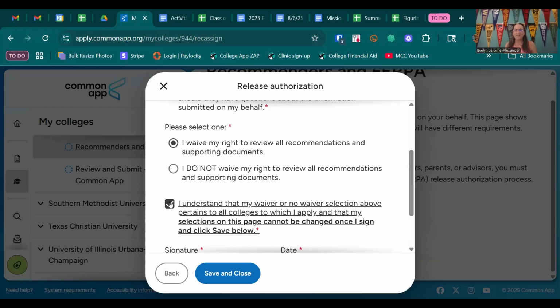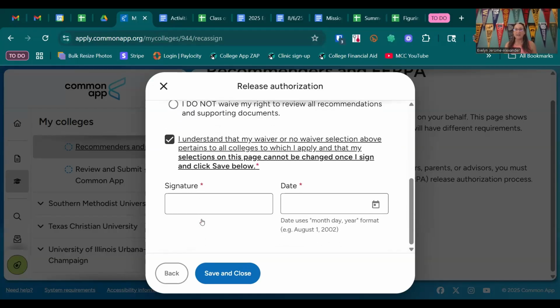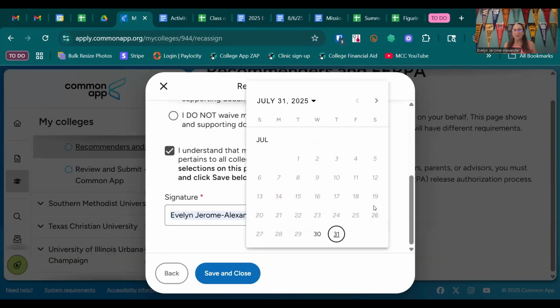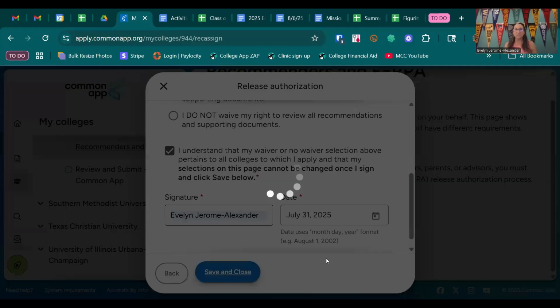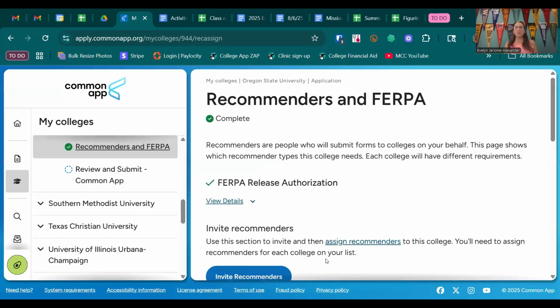Then you're going to click I understand that this applies to all the colleges I am applying to, and I cannot change this once I sign it. So you're going to type your name here. Isn't it cool that my computer knows my name? And then you're going to click this little calendar doohickey, and it's going to give you today's date. And you're going to click Save and Close. Now my FERPA